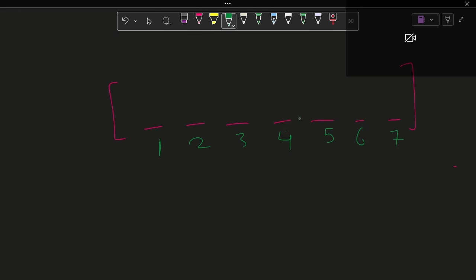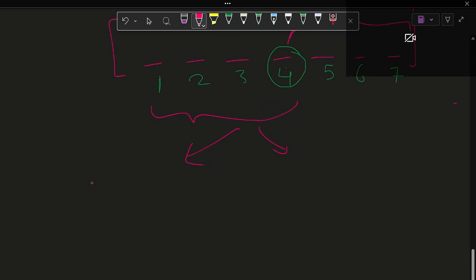At some point, Alice will choose some index, right? So suppose she chooses index equals 4. And this index should not be an extreme index, right? It should not be 1 and it should not be equal to 7. So what will happen now is that Bob has a choice of removing either the prefix or the suffix of this index. So either he can remove this part or he can remove this part. So the two choices,